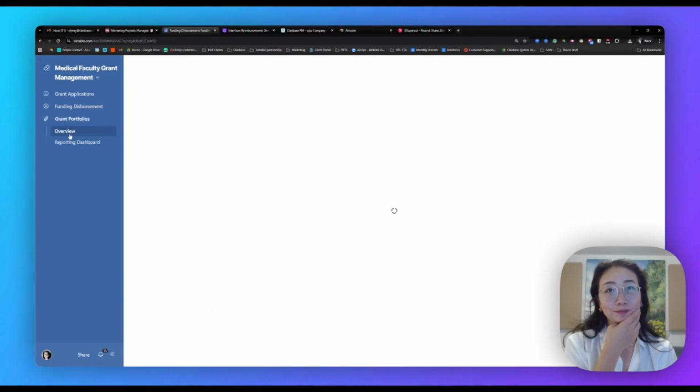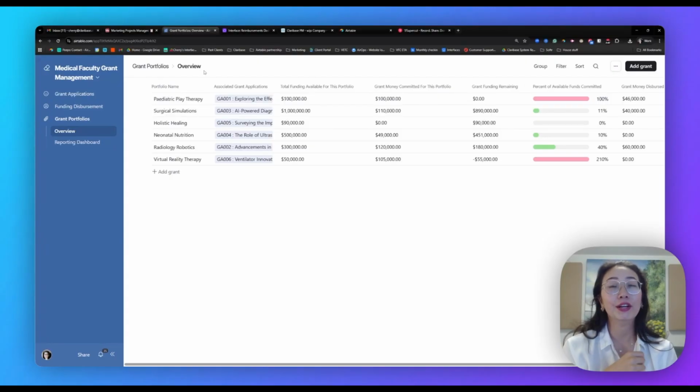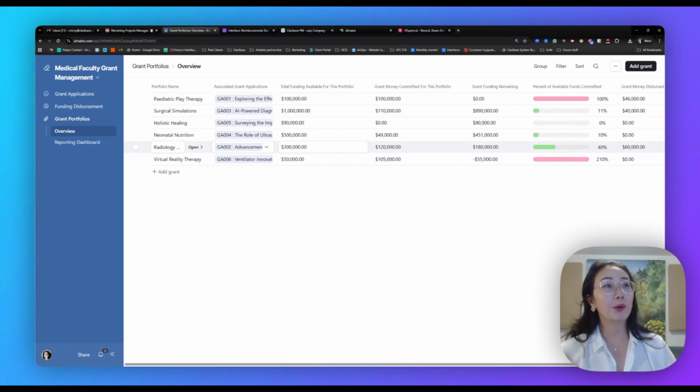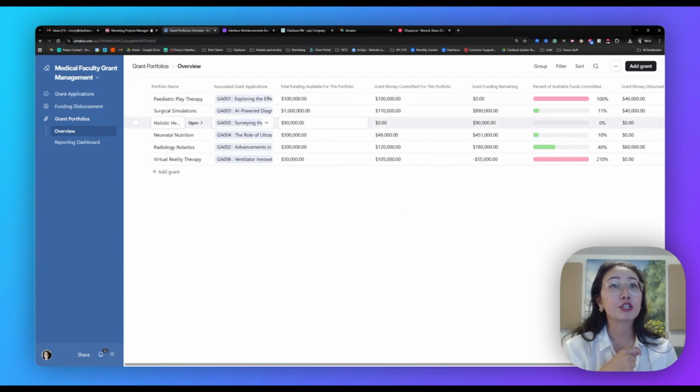Lastly, you can also look at the different portfolios from an overview, so you can see how much funding each portfolio had, how much of that money has been committed, and then how much of that money is remaining. So when you're going through more applications, you can know where to allocate the dollars and if you need to reshift anything. For example, holistic healing hasn't gotten any applications, so that might be an indicator that you may want to spread the word a little bit more